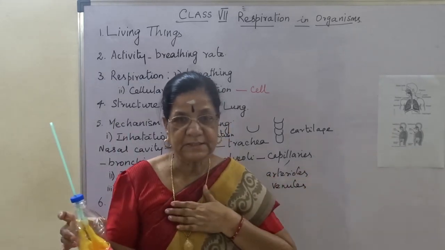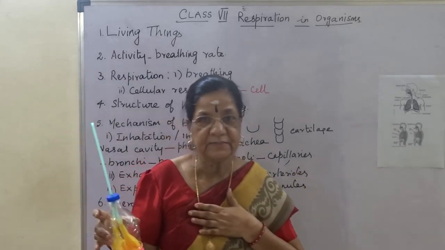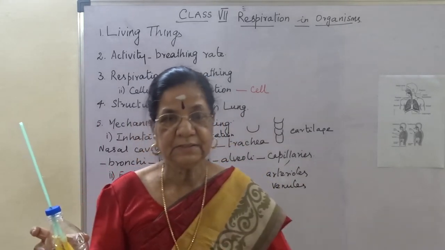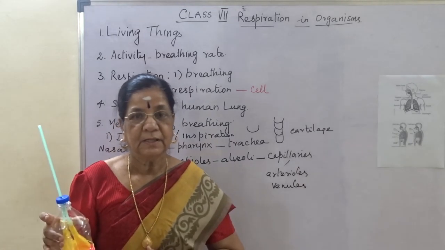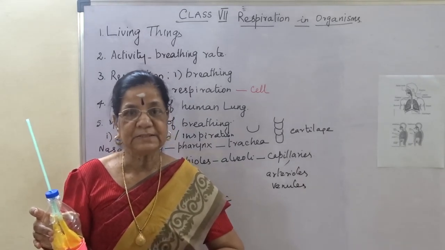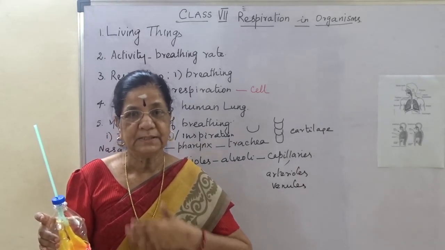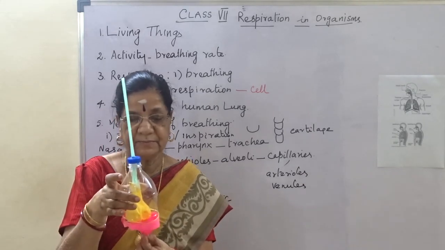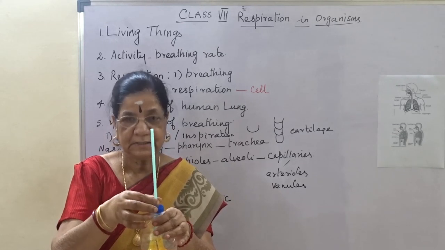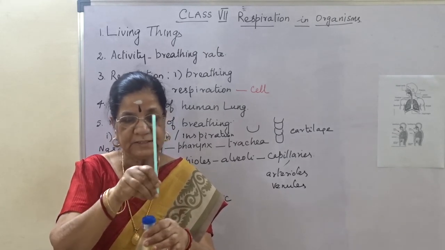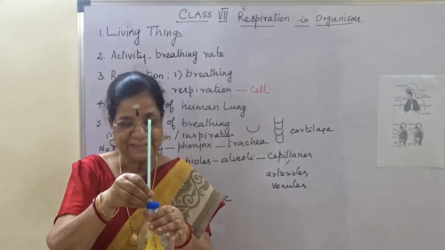Diaphragm. This is the chest portion, the chest cavity or thoracic cavity. This is the abdomen. Now this diaphragm is separating the abdomen and the chest. What I am holding is the chest cavity. Now this is the trachea. What we are seeing in yellow color is the